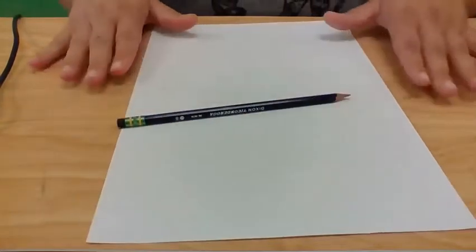Now, to show you that I am not looking at my paper while I am doing this, I'm going to put the camera back on my face and I am going to make my blind contour drawing using my pencil. Okay, so here we go. All right, I have my pencil. I'm only going to look when I am setting it down on my paper. And now I am going to look at my vase and I'm going to draw it as best I can